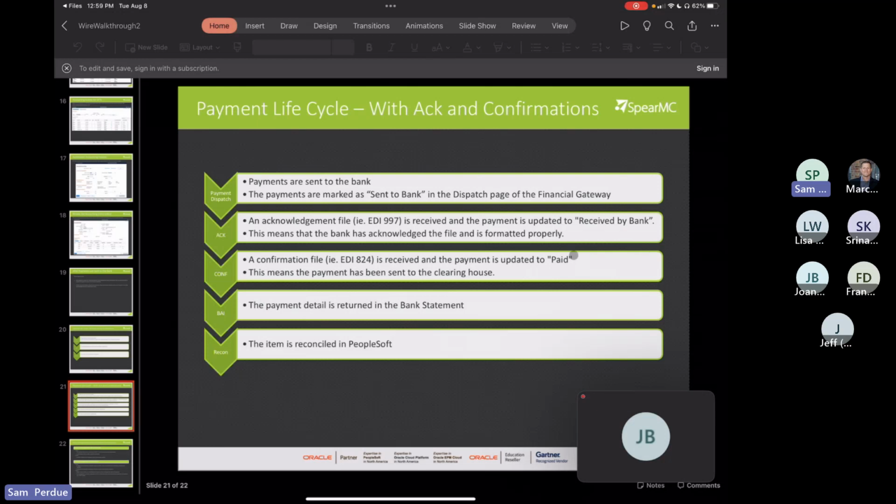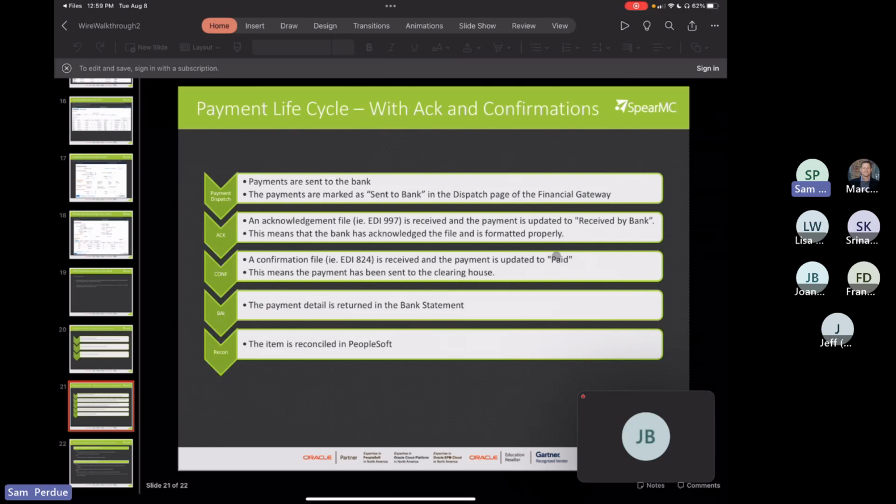Since the accounting entry only gets created when this item is marked as paid in the financial gateway, I don't have to worry about erroneously creating an accounting entry for that item, right? So there's a few different advantages to including